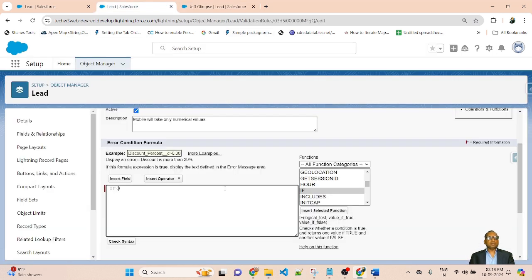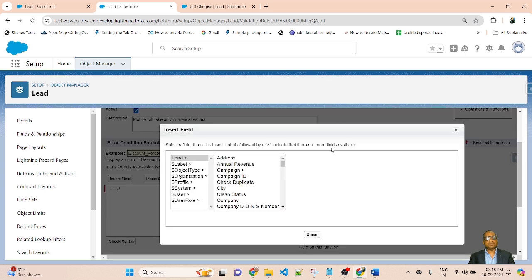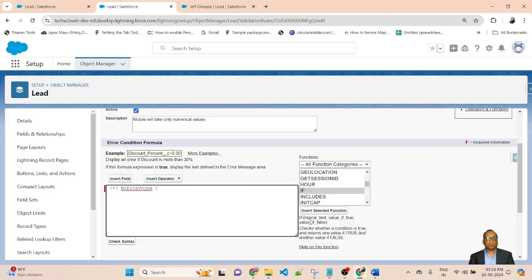So here I will use the field name first. First I will insert the field name, so lead mobile, not equal to. So not equal to should be used this way. In the validation rule, we can apply not equal to blank, and